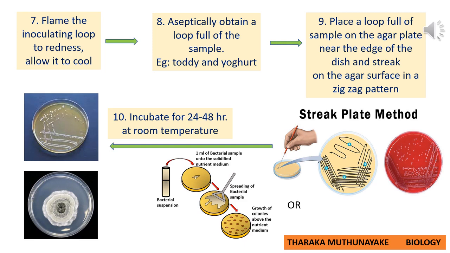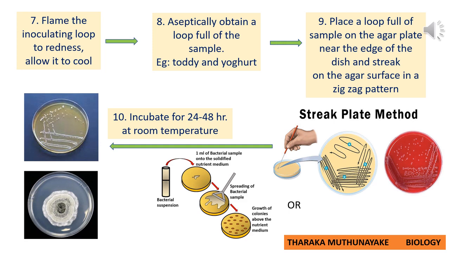But if you consider a region at the beginning, it is indicated in number 1. In such an area, microorganisms are clustered. Then their colonies can't be clearly observed. They are not separate. So remember, the streak plate method is used to spread microorganisms on the surface of the agar medium. Then they will be isolated as single individual bacteria or microorganisms. And each individual microorganism or bacterium will divide and form a separate colony.